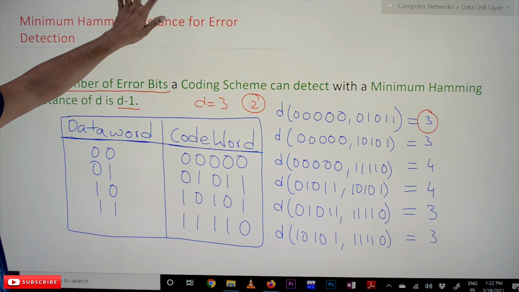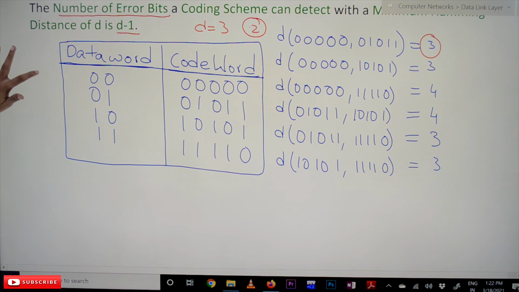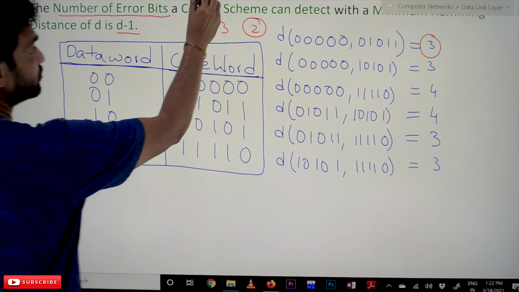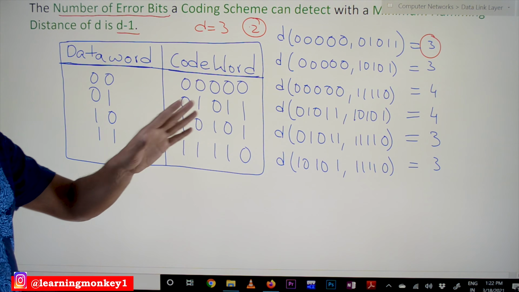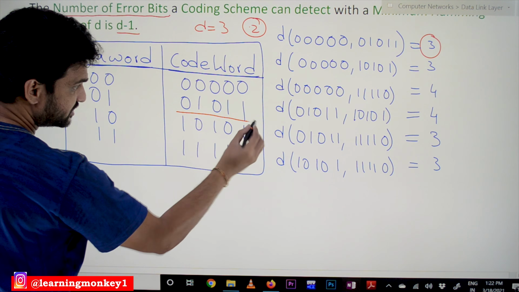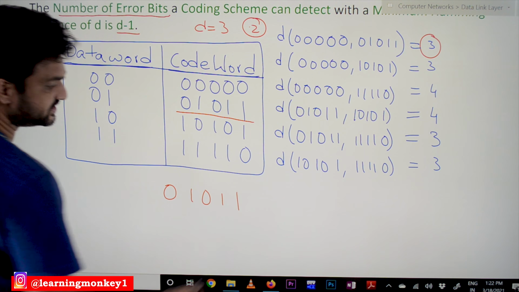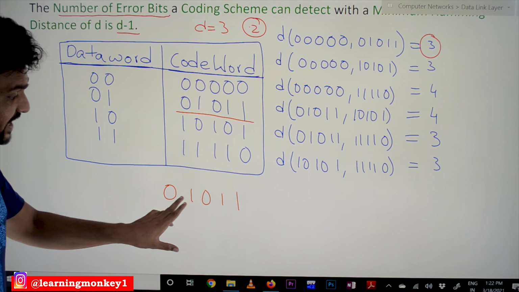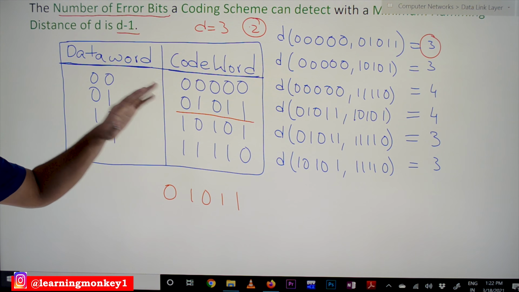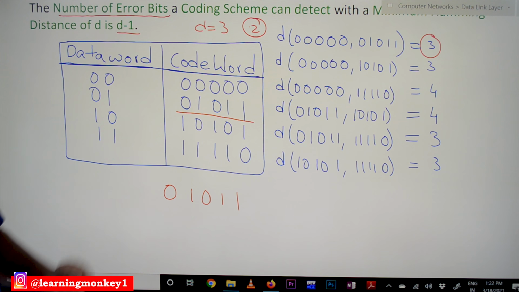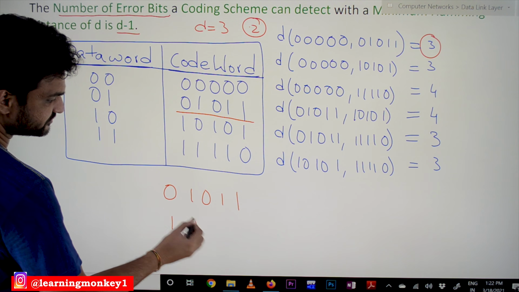How can we say that only 2 errors can be identified with this code word? For example, let's take any code word. The errors that can be identified is 2, which means try to change any 2 bits in any code word. Let's try to change this one and this one.